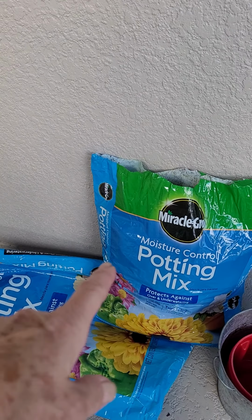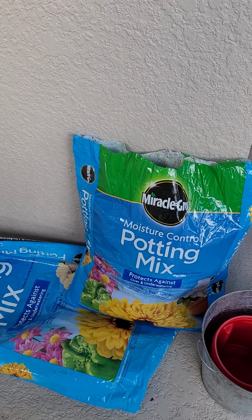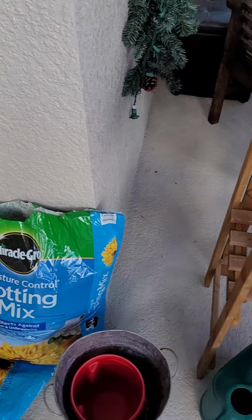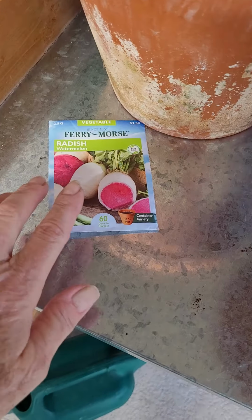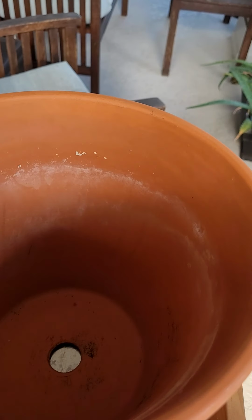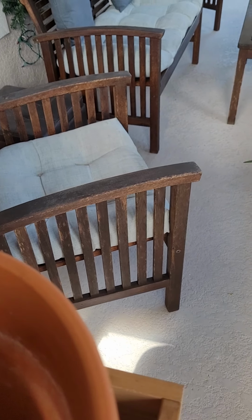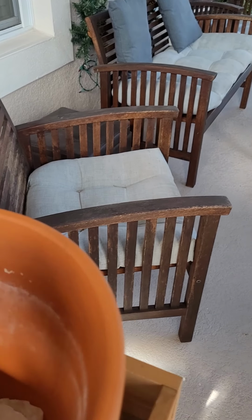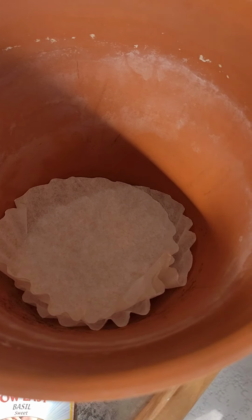But I like this soil. It has perlite in it and vermiculite. No, I guess it just has the perlite in it. And so, what I like to do, as you guys know, or you've watched me before, is that I take these coffee filters and I put them in upside down in my pot, and then I use that as my base, and that will be great because